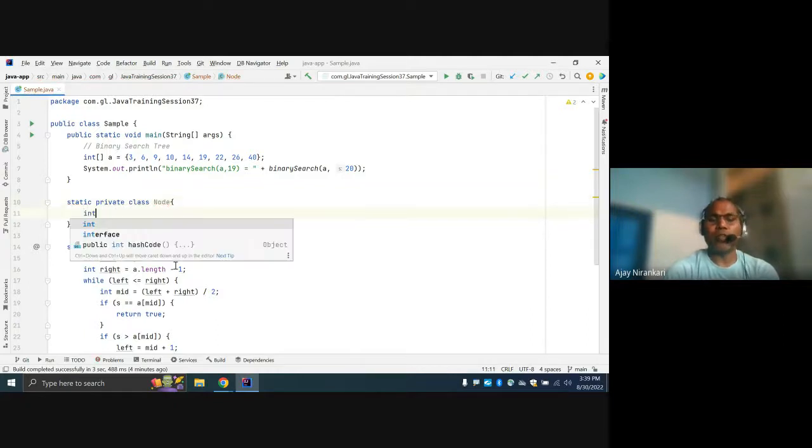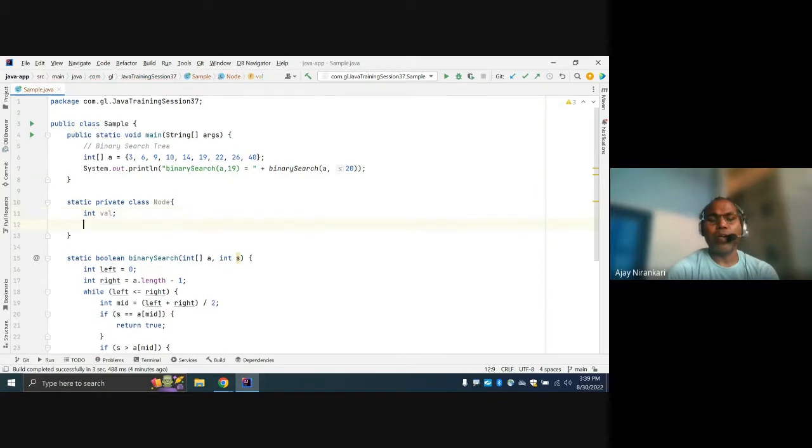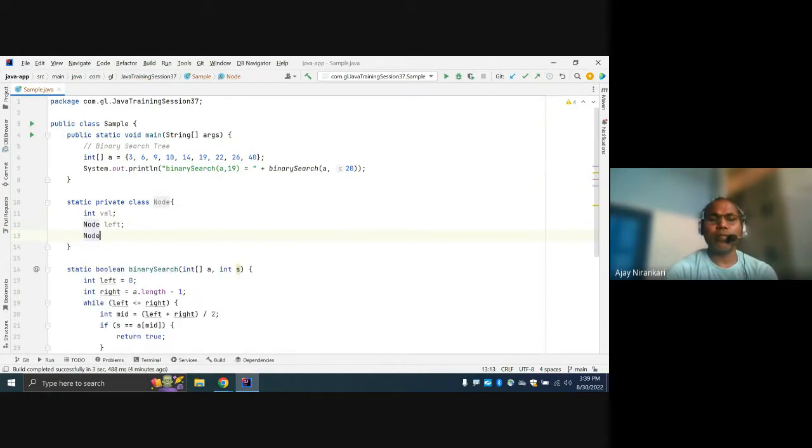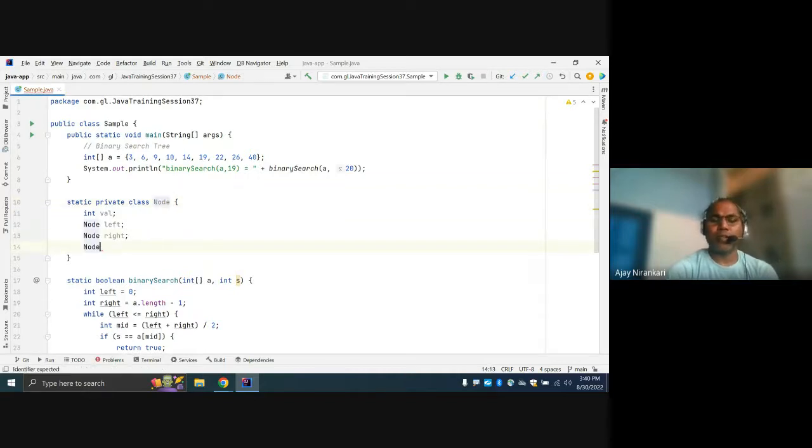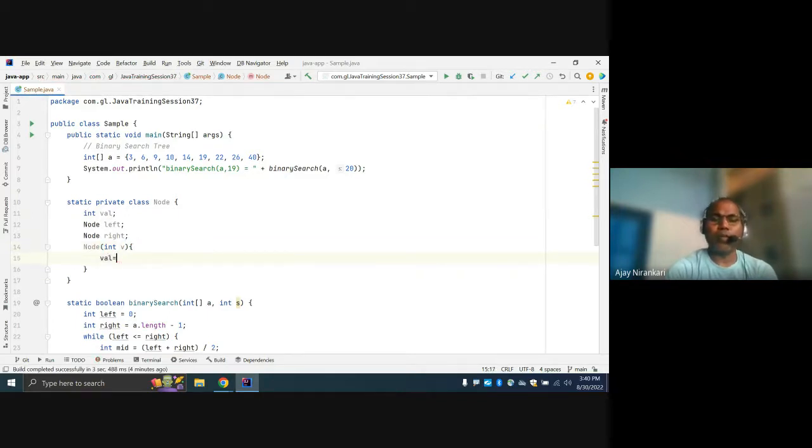And here you can store the data part, whatever the value, and this is your left, similarly your right. Now this is done. Now just create one constructor. It will take some value, and assign whatever value you have,